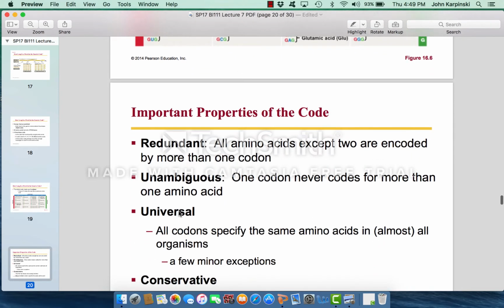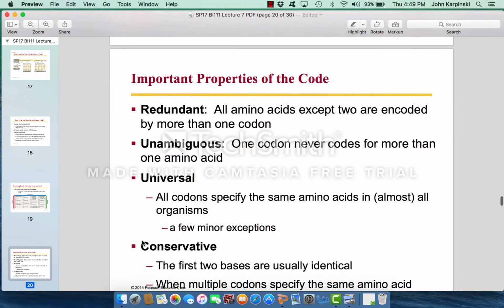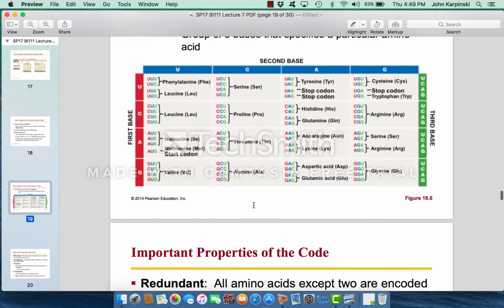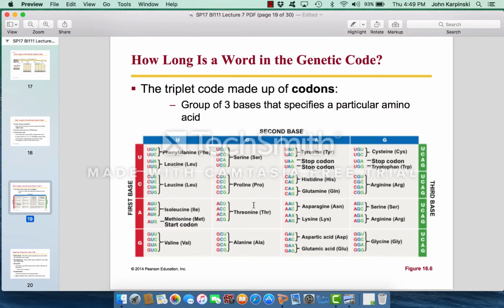I'll skip this one for a brief second, but the other one I really want to emphasize is that the genetic code is conservative. What is meant by that? Well, notice that for serine here, all 4 of these codons start with UC. So UCU, UCC, UCA, etc. Okay? So what we mean by conservative is that for most of the amino acids,